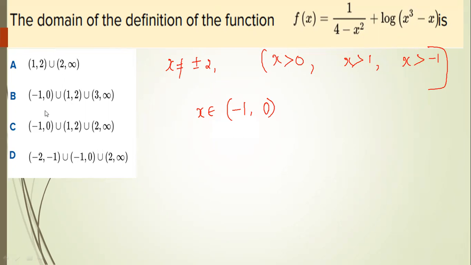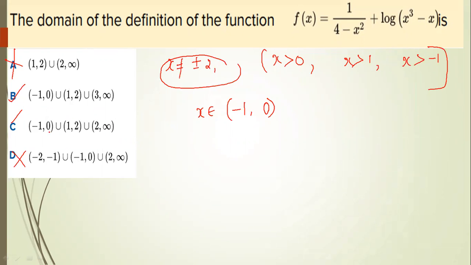Okay, so if you see the options, before actually going into each and every option, see the options where we have minus 1. Where is the value minus 1? It is in B, C and D. But if you see D, the minimum value is minus 2. But we already know that x cannot be minus 2. So option D is ruled out. Option A is ruled out.